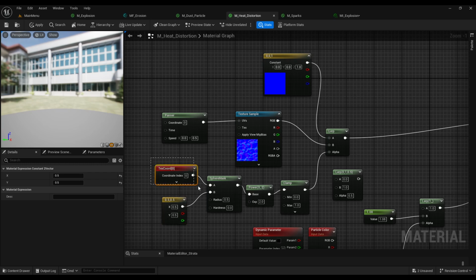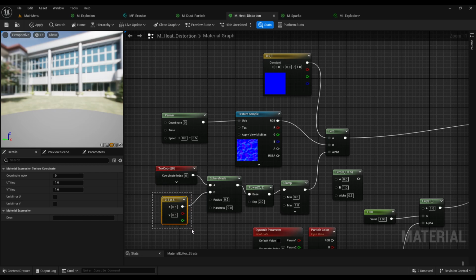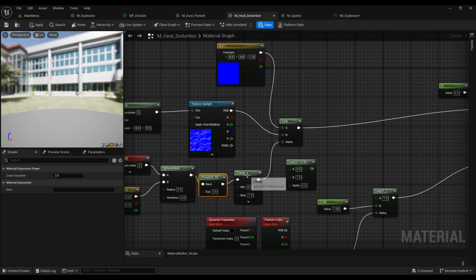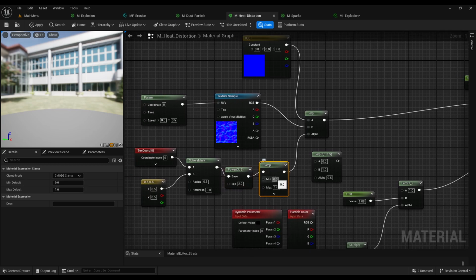So we want it into texture coordinate of 0.5 to 0.5, which is the middle point. And then I connected with the power node with exponential of 2 and then clamp the value between 0 and